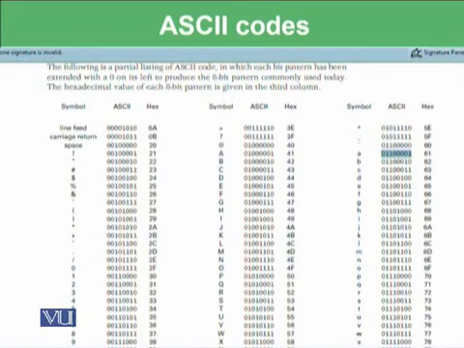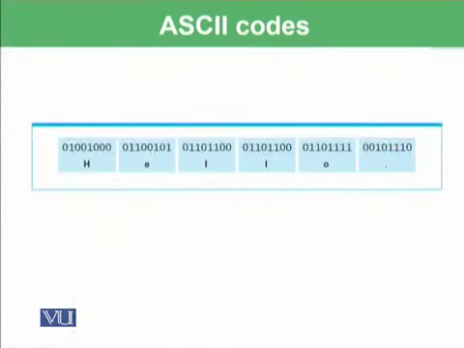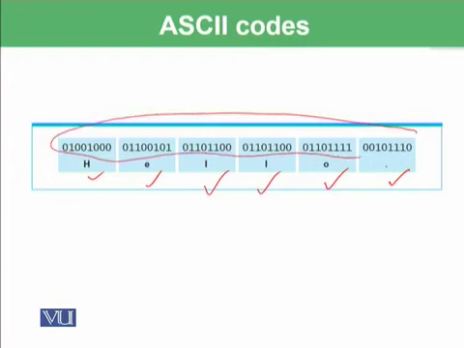For example, from this Appendix A of your book, if we want to store hello full stop, I have picked the ASCII value of H from your book, then the ASCII value of E, then the ASCII value of L, L, O, and the full stop. So actually on the backend side, these values will represent hello.